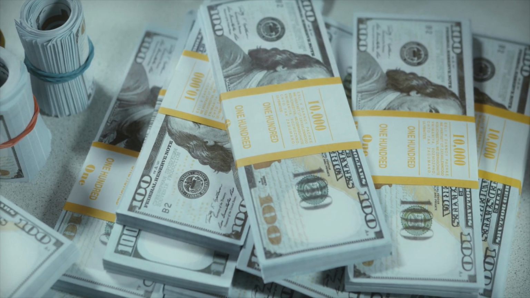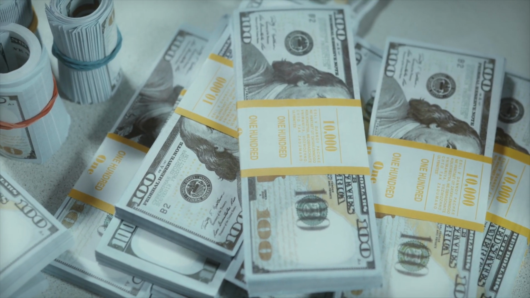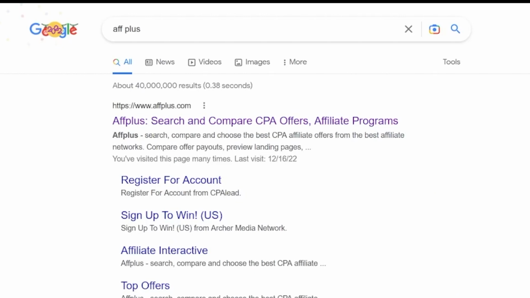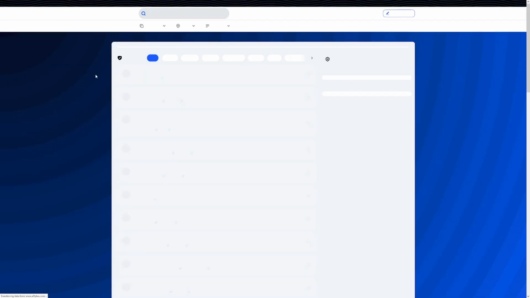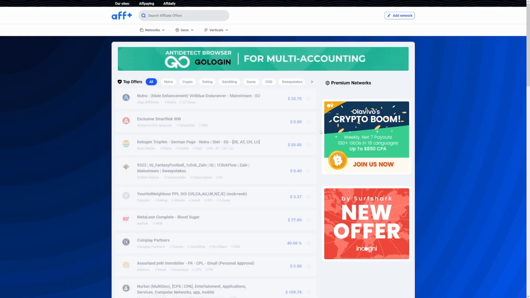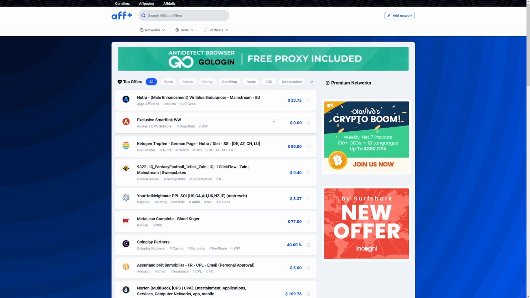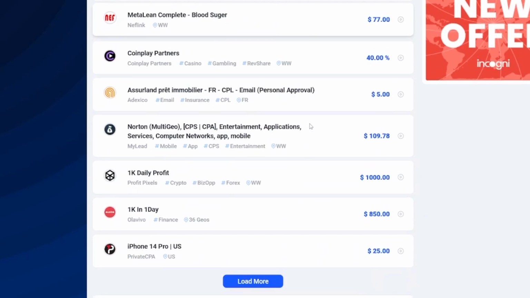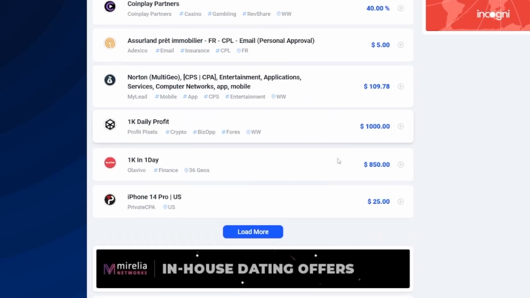Now we just gotta edit this message so we can make people do something, okay? And that something is gonna make us a lot of money. So that's the trick. Now the next step, we have to connect this to AF+. Just type in AF+ in the search bar on Google, click on the AF+, and this website is gonna give us the money actually. So this is where we withdraw the money. So this website has a lot of these affiliate offers, but you can see that some of these are crazy expensive.